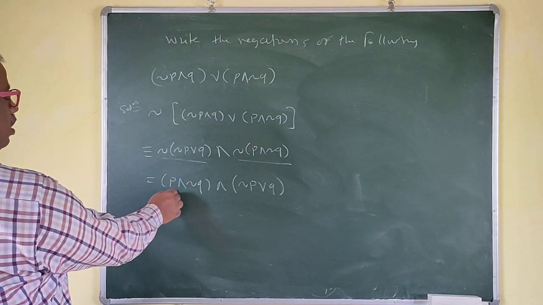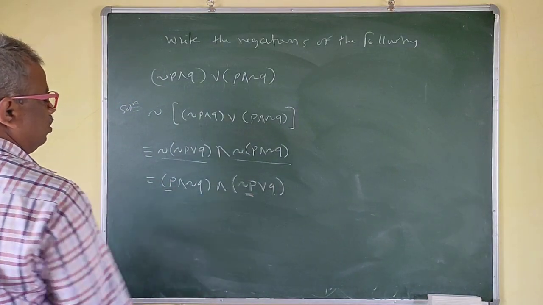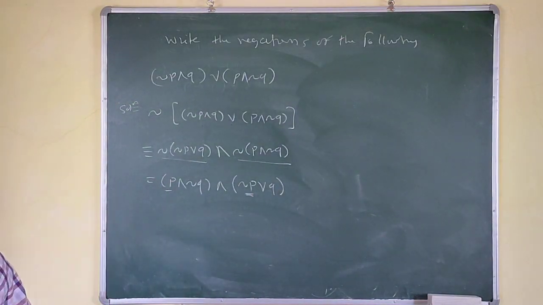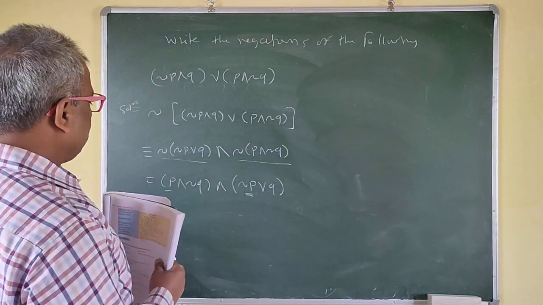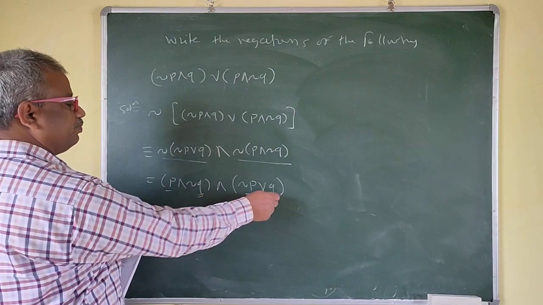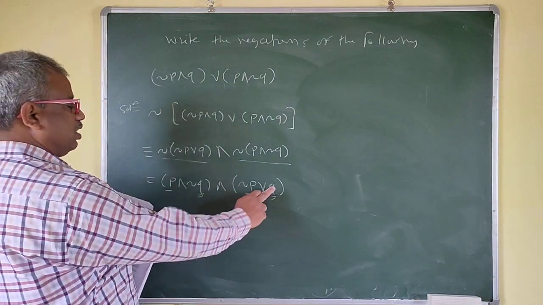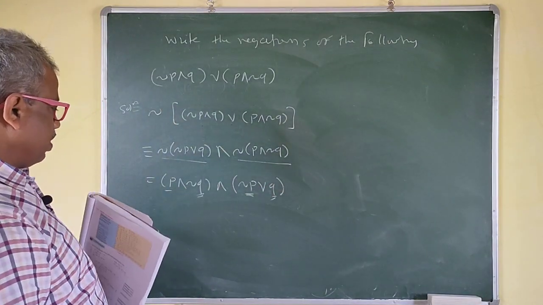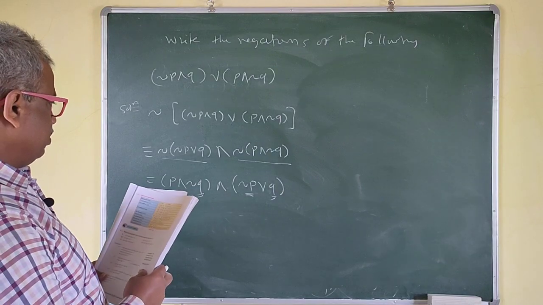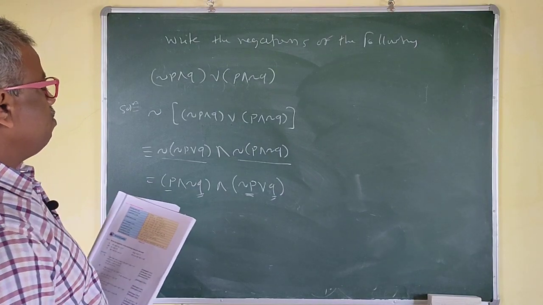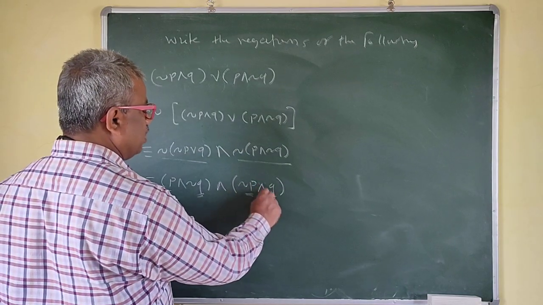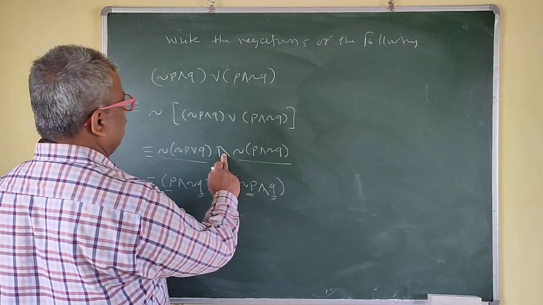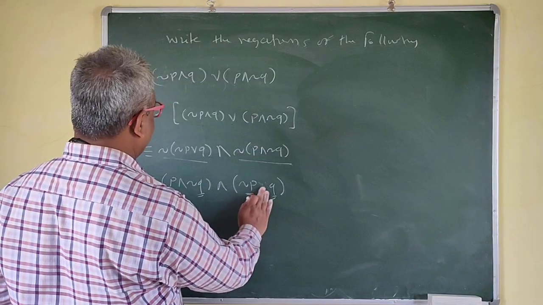See here, these two are not the same actually. We cannot simplify this. If two are the same, then we will do something, but these two are not the same. These two are also not the same. If somewhere there is negation Q, then we can simplify this. So here negation and should be there, and negation of the, okay, this is or.